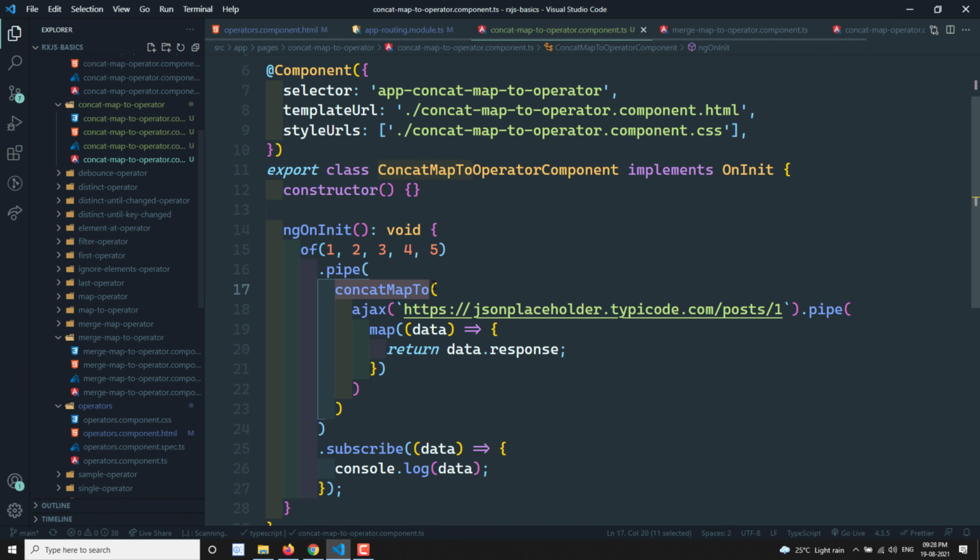One thing you need to understand between mergeMap and concatMap is that mergeMap executes everything immediately, it will make the ajax calls, and whichever finishes first will give you the output. What concatMap does is execute the inner observables sequentially, one after the other. Once one inner observable is completed, only then will it take the next source value and execute the inner observable again. That is the main difference between concatMap and mergeMap.